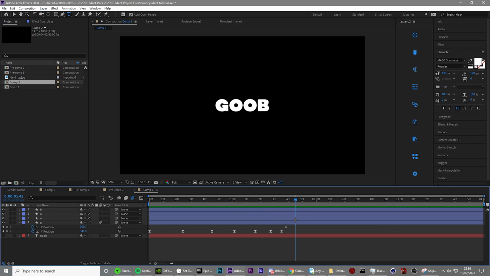There we go. Now, because we've got this one keyframed X over here, we can then move the X a little bit to the left, and as you can see, it just shows you the trail of where it's going to go, just like that. And once we've done that, all you have to do is click on it, and then ease it like we have before, and you don't have to change the speed graph, and let's watch what it looks like now. So there we go, we've got our first bouncing in letter,